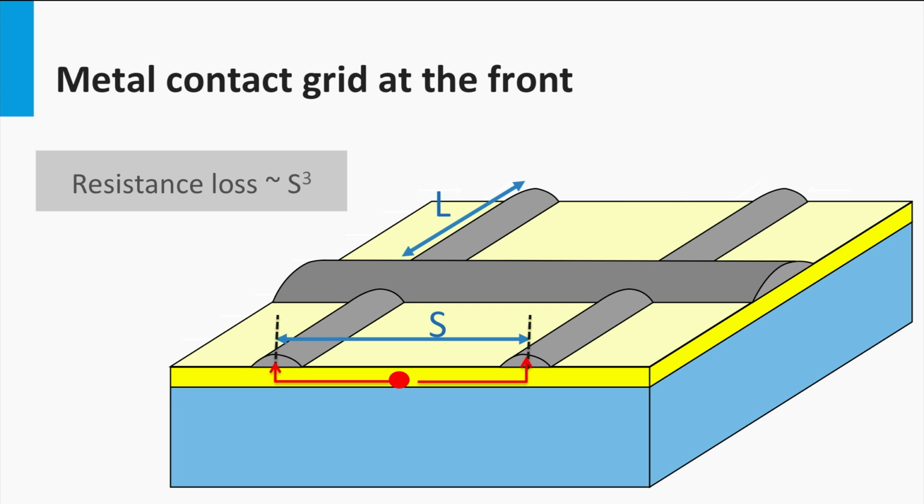In this figure, we see that the electrons in the emitter have to travel in the lateral direction to arrive at the contact. Since the N-type silicon has a higher resistivity than the metal, the charge carriers in the metal layer also experience a resistance. In one of the exercises this week, it is demonstrated that the power loss due to the resistivity of the emitter layer scales with the finger spacing to the power 3.